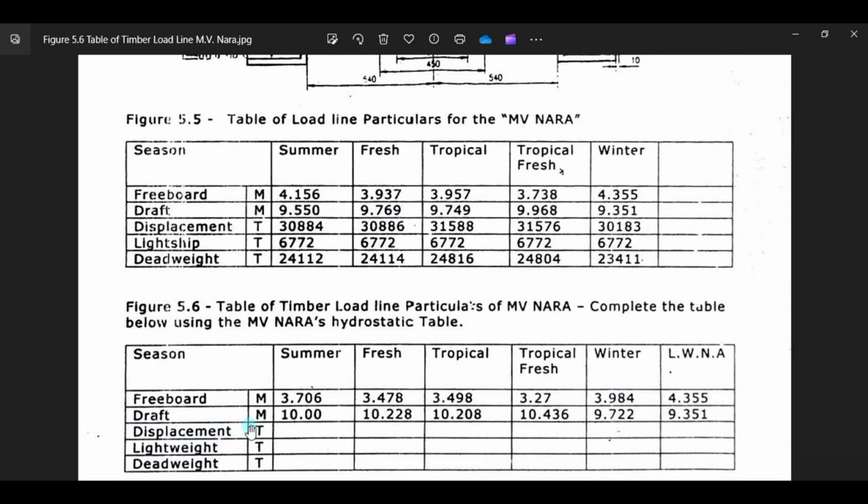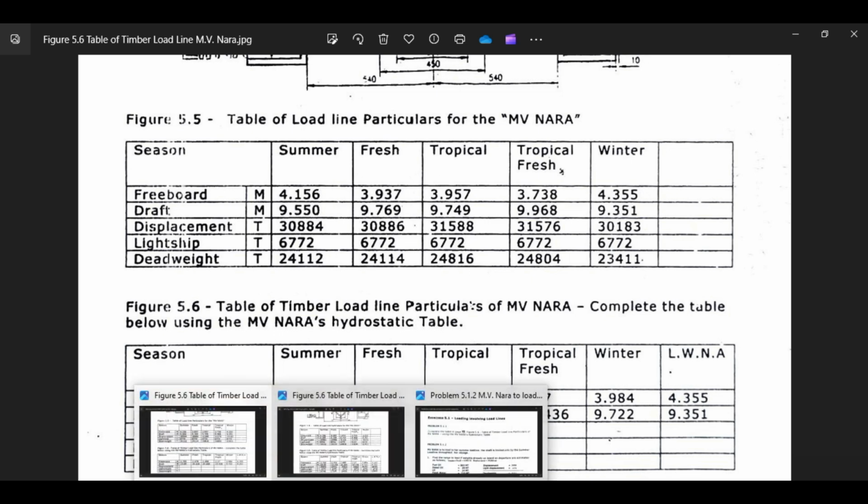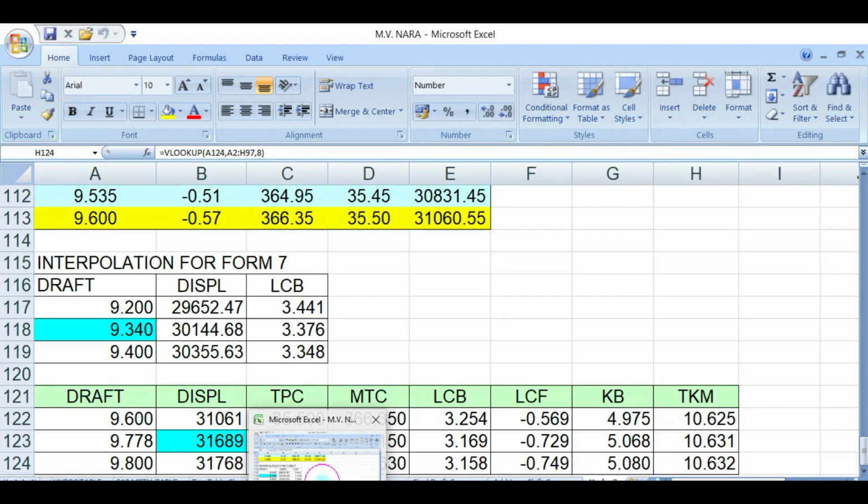See here, the draft here is summer. The load line is summer in the table of timber load line. So it says draft of 10 meters. What is the displacement? So you go to 10 meters in the hydrostatic table with this program.